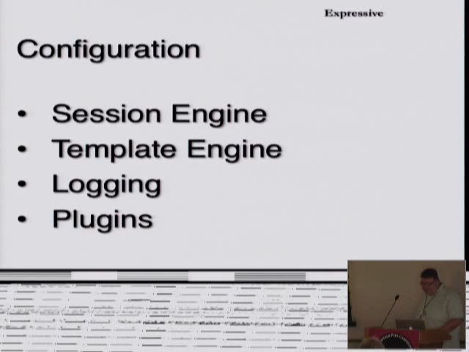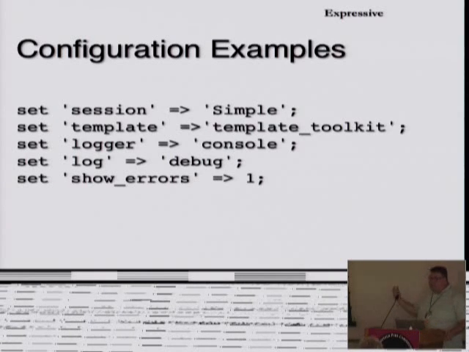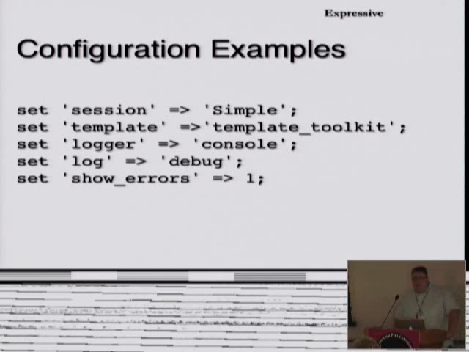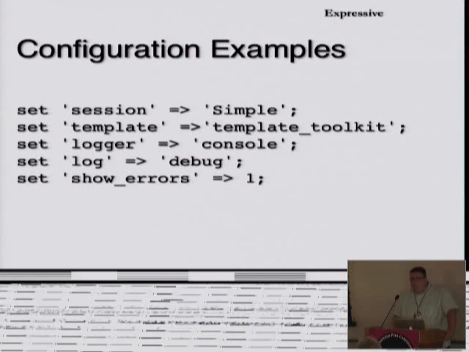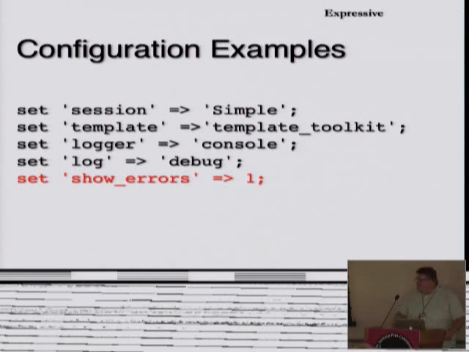So here are some configuration examples that are inline. As I said, most configuration in a real Dancr app, not a demo, you would do in a YAML file, and those files are broken out by environment. So maybe you have a development.yaml file where you have stuff like show errors. I've highlighted that. It's super useful for debugging, but really not very good for production. Do not use this in production. But it is super useful for demo purposes and also for doing development work.